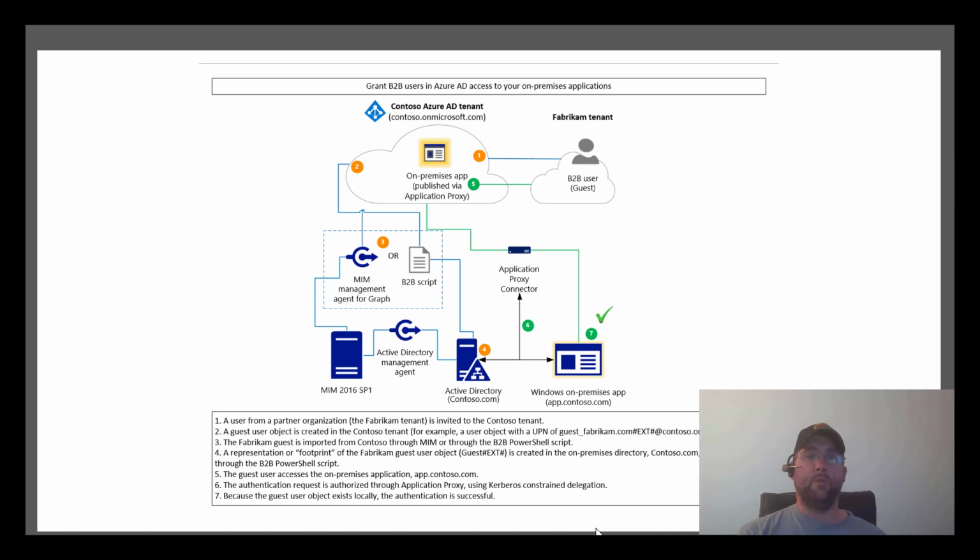So what does this mean when we grant B2B user access? In this diagram, you can see that we have a Contoso tenant, and then we have a Fabrikam tenant. If you are familiar with B2B, the Contoso tenant can invite a user from the Fabrikam tenant. Once that invite has been sent, an object is created within the Contoso Azure AD tenant. Like we said, the two options here are the MIM graph connector and the B2B